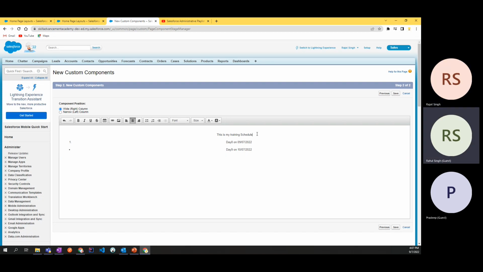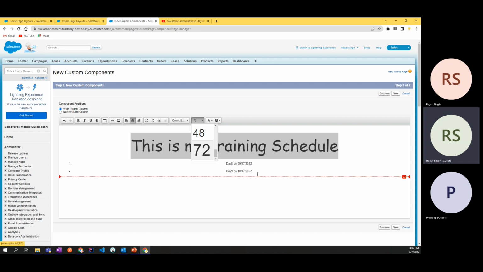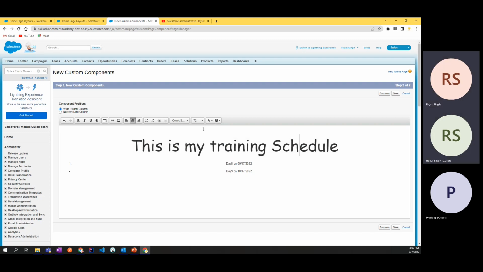Okay. It's showing here custom components. You can just explore. You see these. This is nothing but